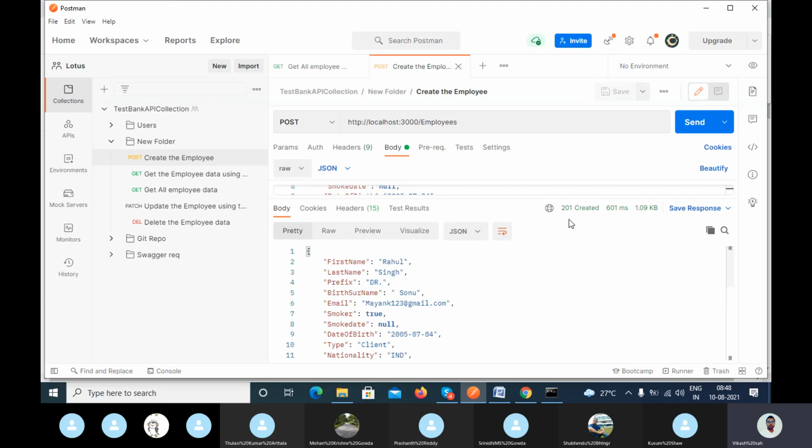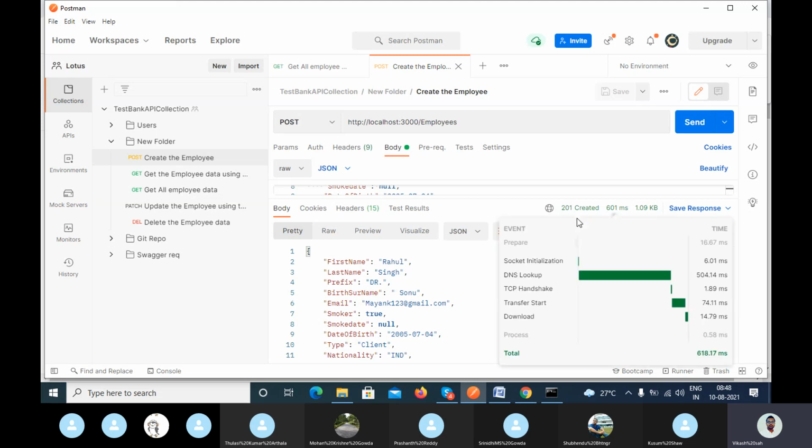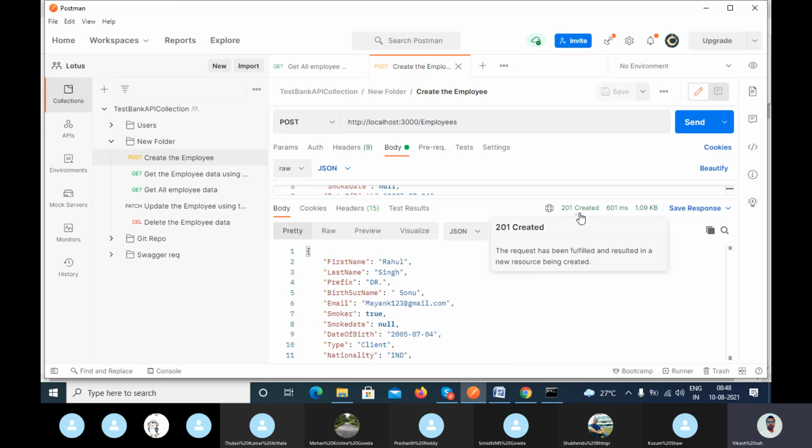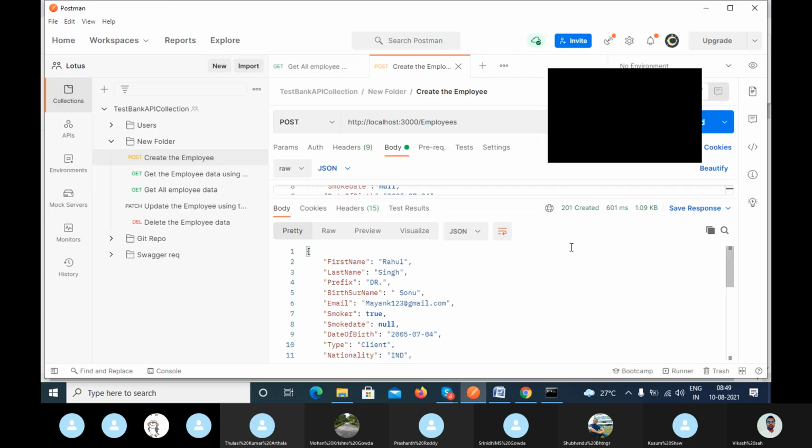Can we display 200 OK here also when we are trying to create the data? Is this fine or wrong? Instead of 201, can I print the status code as 200 OK or not?